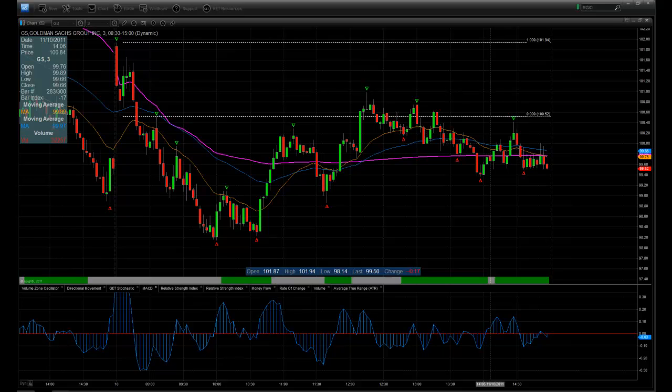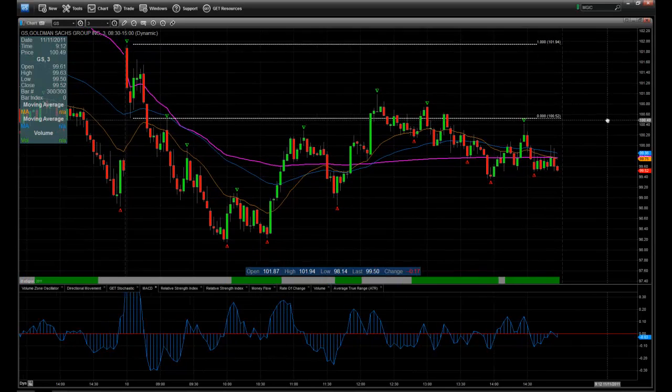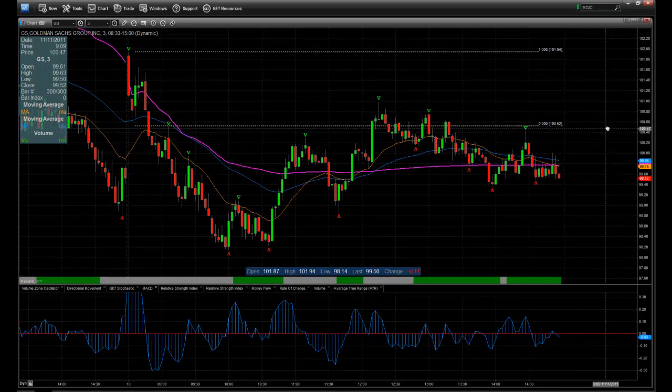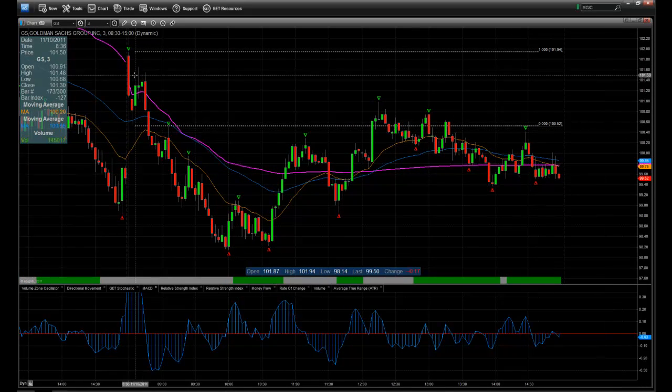Now I'm going to go over my intraday trading. I'm going to start with Goldman because I think there's two different ways I traded that intraday that I want to highlight. And if I have time, I'll go to either the spiders or the Apple trades that I did today as well. So here's a 3-minute chart on Goldman, and as most of the market did, it gapped higher